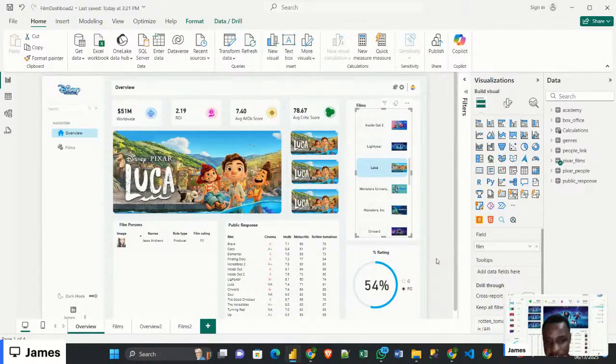Now, after getting my objective clear and my problem statement clearly stated out, the next phase is understanding the data set that will answer these questions. The data set that I have, is it available? Is it sufficient to answer my questions and satisfy the objective on ground? So I begin to inspect my data set. I begin to understand each field, because if you don't understand each field of your data set, it will be difficult for you to know